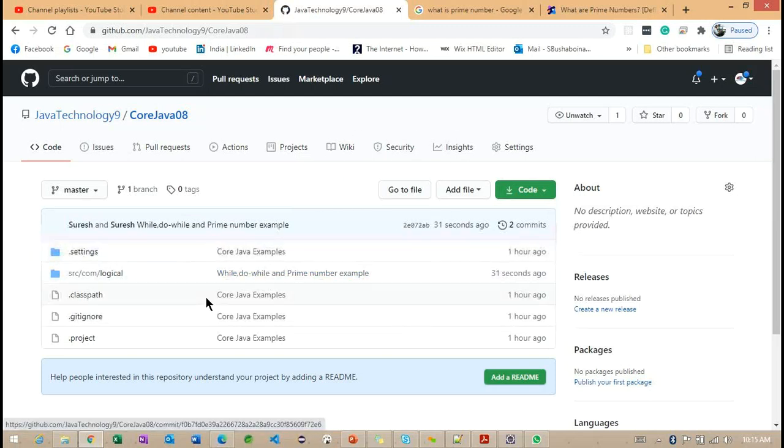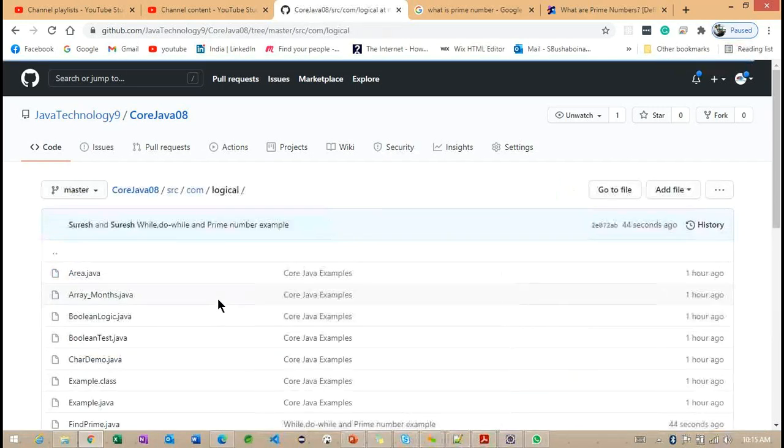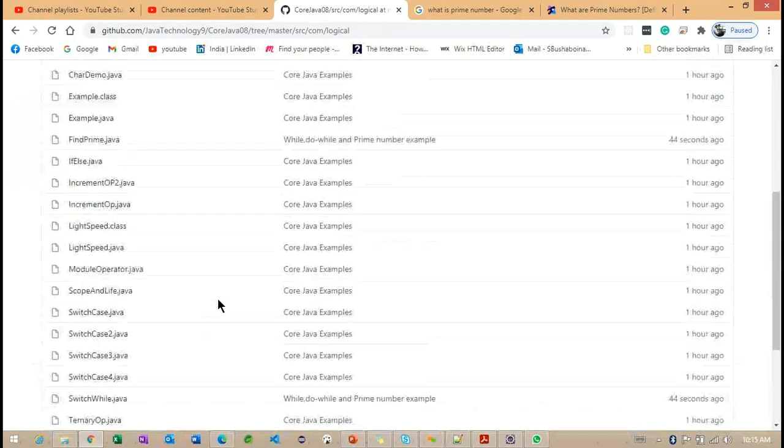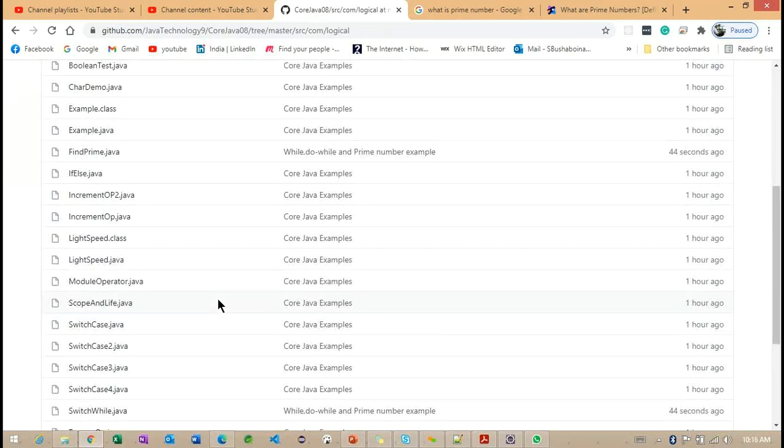So go to this particular repository, get the code, and try to practice the examples that we have discussed as of now. All the examples, try to practice one more time. Then only you are going to have more information on how exactly it is working here. And try to check with the debugger also, line by line, how exactly it is working internally. Getting the point?